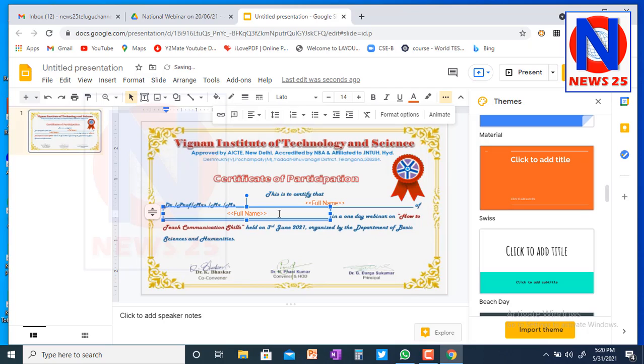Here I want to write name of the college. So I have written name of the college. You should not forget the tags: you have to open with less than tags and close with greater than tags.